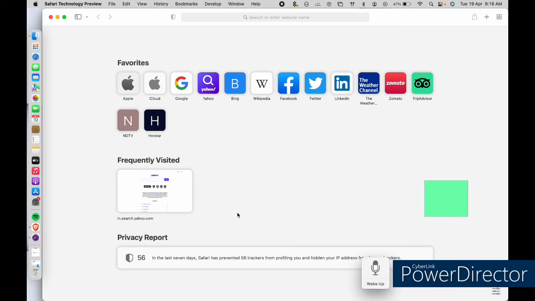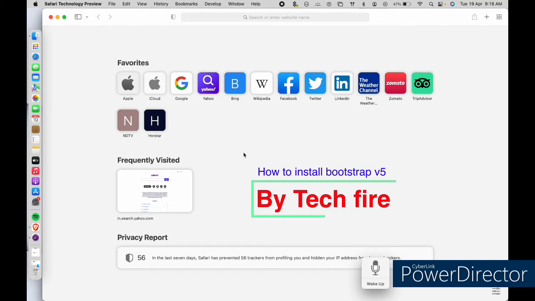I'm going to show you how to install Bootstrap to your app. Let's get started. Open the link given in the description, or you can also search Bootstrap,